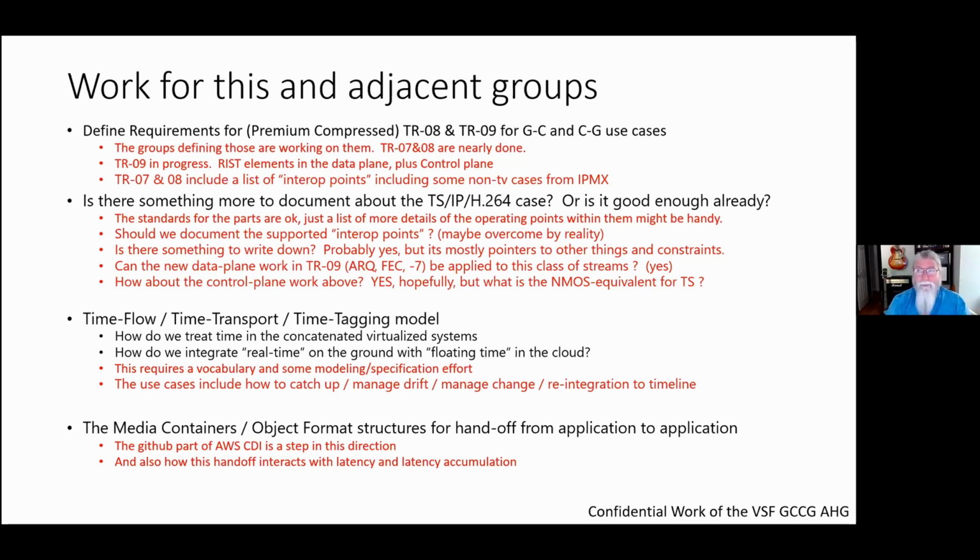So potentially the control plane work we're doing could start to apply to that. Although, given the control plane work leverages NMOS, I'll ask the question: it would be handy if NMOS had some interaction with transport streams, and maybe we can define that.